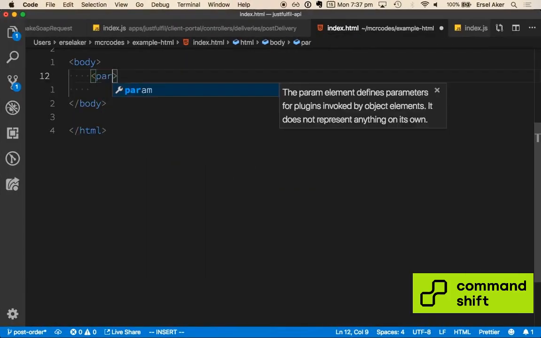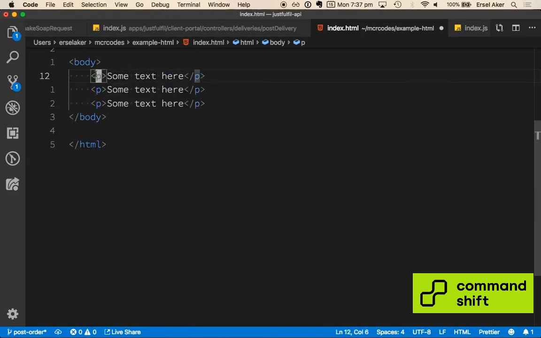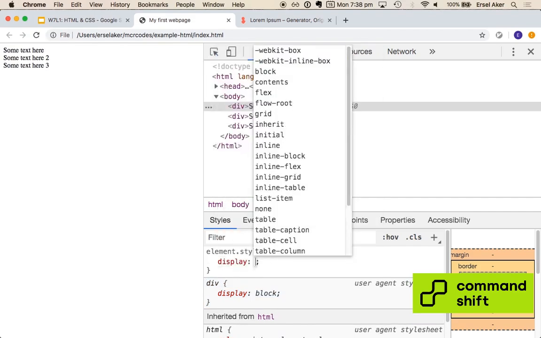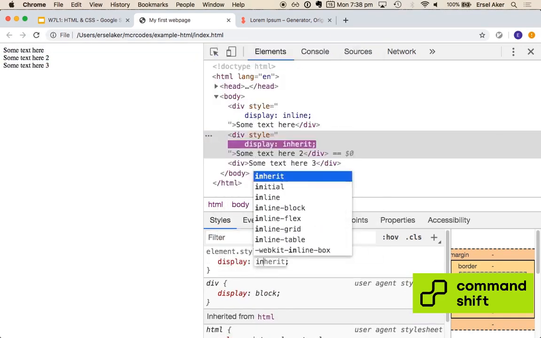Let's say we have paragraphs, the p tag, with some text here. Or maybe just do it with divs. Divs, by definition, the user agent treats with display block. So each div will end up being one line and will occupy the full line for that box. But if I change the display to be inline, and change this one as well,